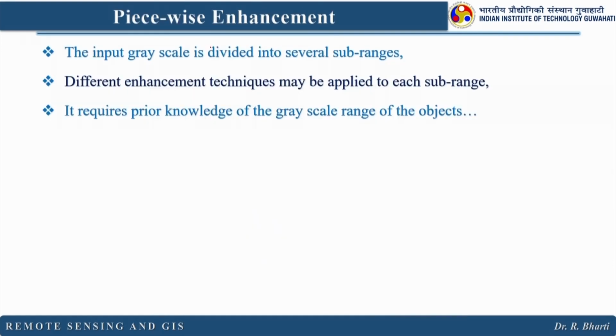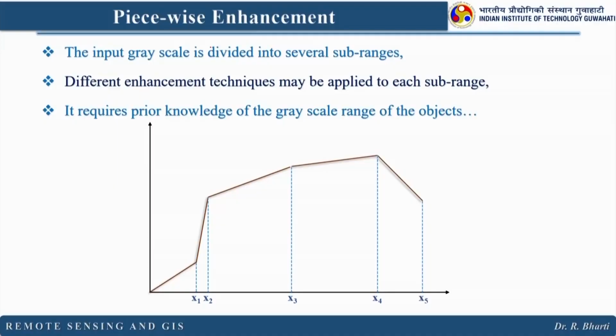Now, let us see piecewise enhancement. The image gray levels, or image gray scale, is divided into several sub ranges. How can we do this? By using histogram. Different enhancement techniques may be applied to each sub range. It requires prior knowledge of the gray levels of the object. This is the histogram generated from a remotely sensed image, and you can see this particular histogram is having different